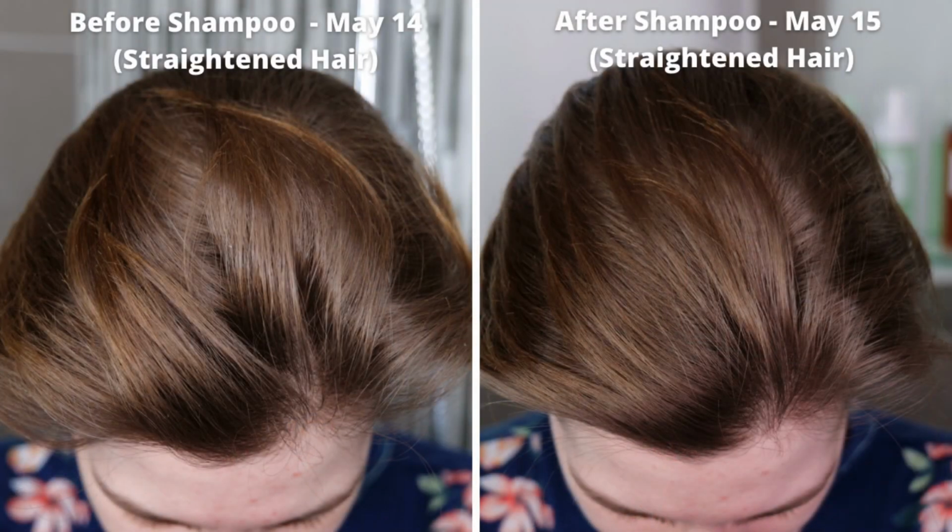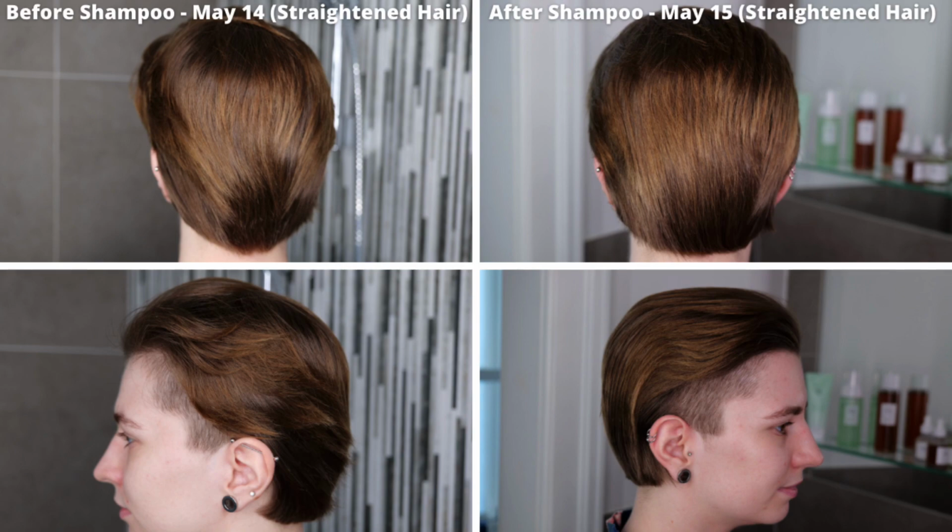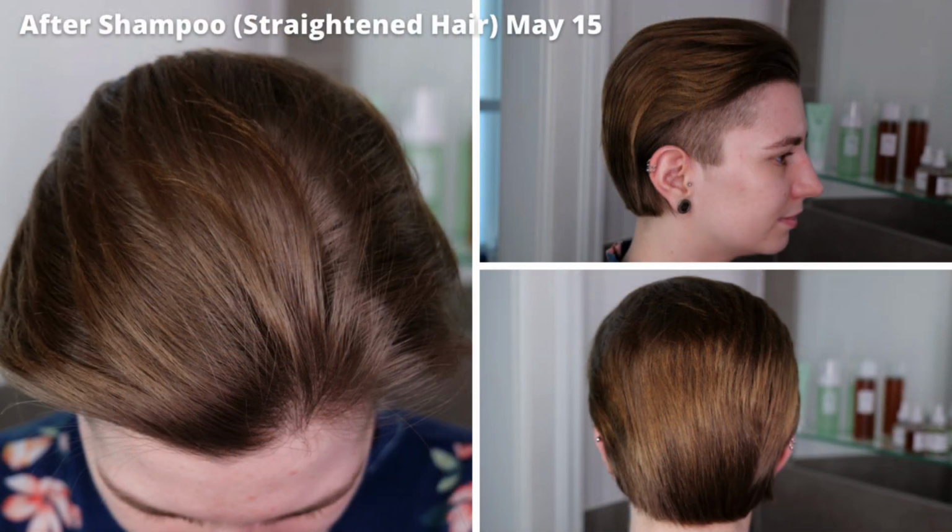Now first of all, let's get started with the front. Of course, if you want to pause the pictures, go ahead, take your time. Then we have the pictures from the side. And then lastly, you can also see it from behind. Now, this is basically the before and after that you can look into, and I do hope that those pictures